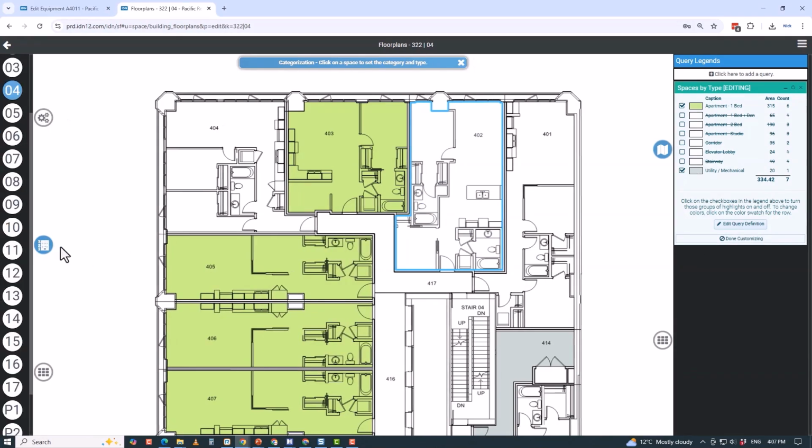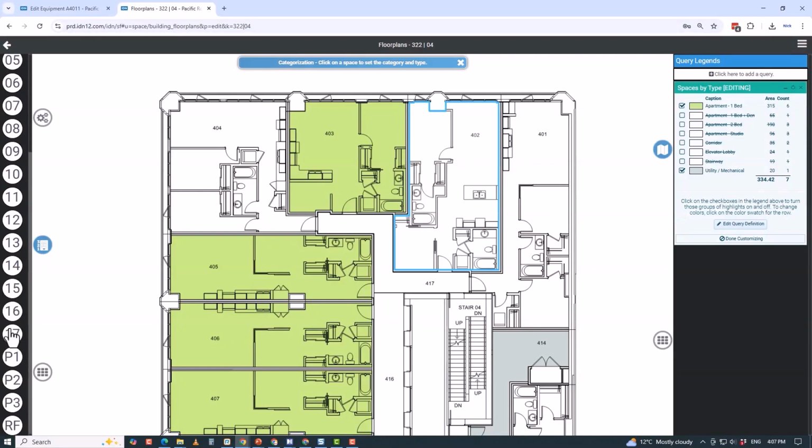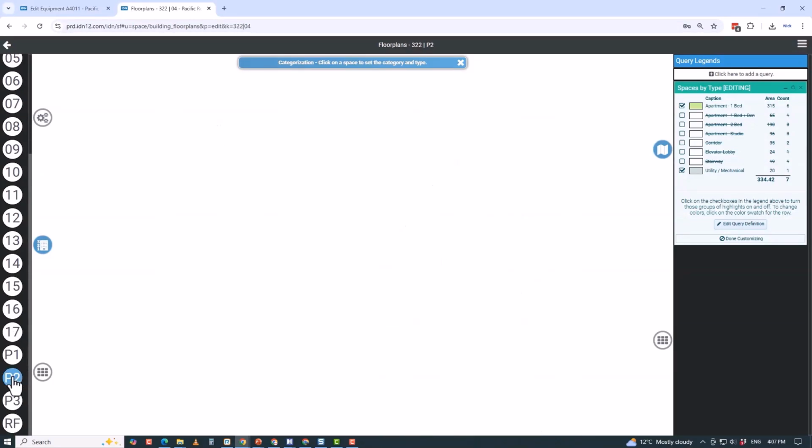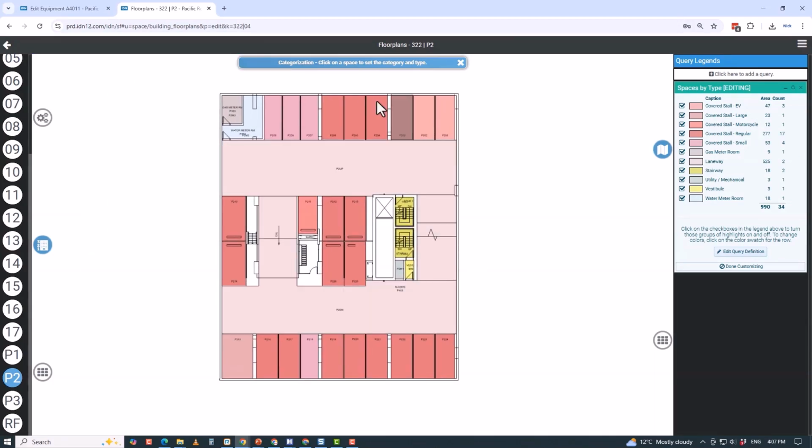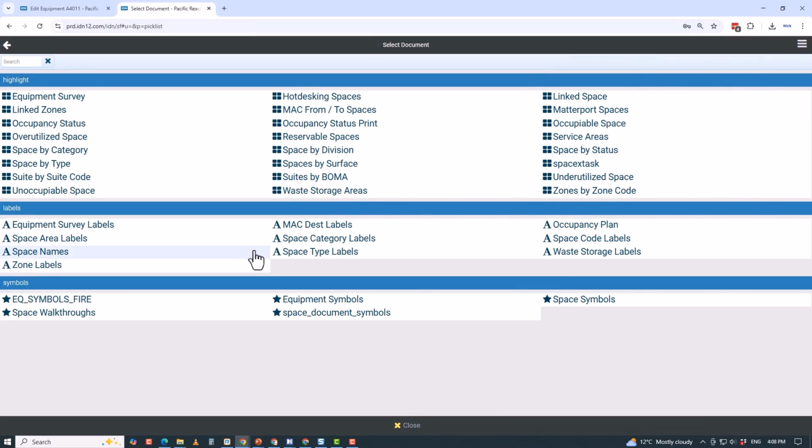The same thing applies if we head down to our parking level, and we'll go down to parking level 2. We'll see that we have all of the parking spaces identified by their type, and we once again can turn off these if we just want to look at a particular type of stall that is available. And these stalls actually can be added to